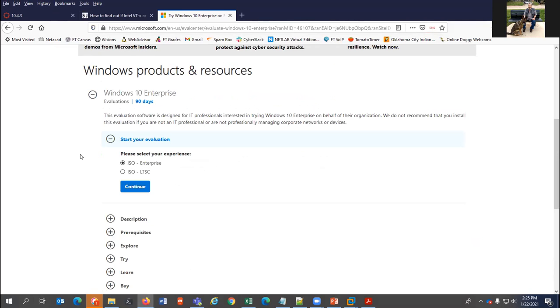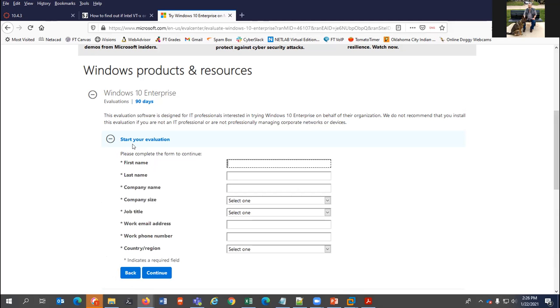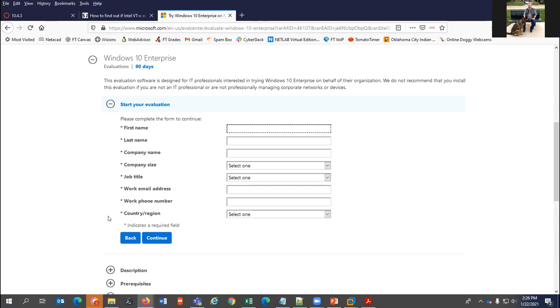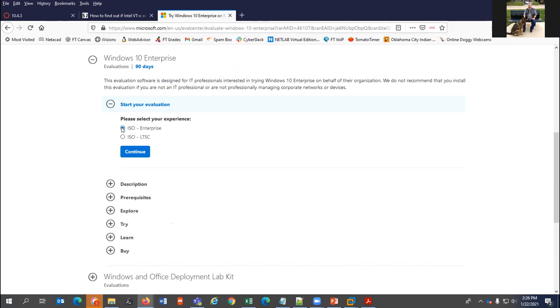The link will take you to this. Notice it says 90 days, and it'll tell you numerous times through here it is 90 days only. You have 2 choices. I suggest going with the Enterprise and not the LTSC. That's long-term service channel. Basically, it depends on how you want to apply your updates. The enterprise is fine for what you're doing. You actually have to register to get approved for that. So go ahead and just say enterprise,